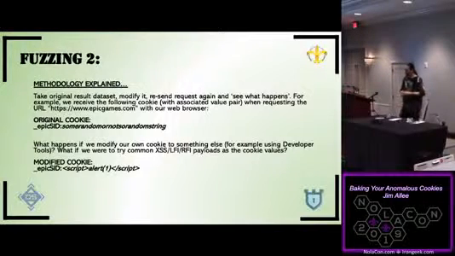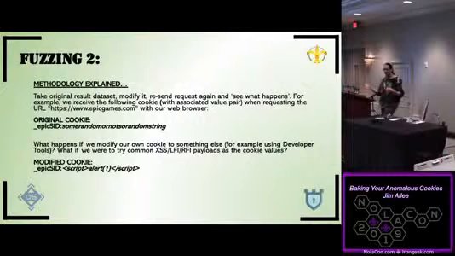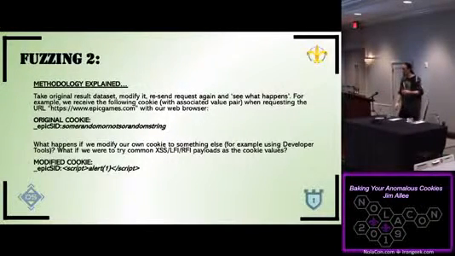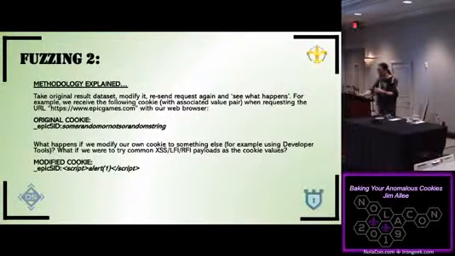The methodology behind fuzzing is, again, taking some original piece of data, massaging it a little bit, and sending it out there again to see how the original service reacts to your changes. So for instance, if you go to epicgames.com and you get a cookie like _epicsid, it's got some random or not so random string in there. What happens if you modify that and request the site to give you the request again?